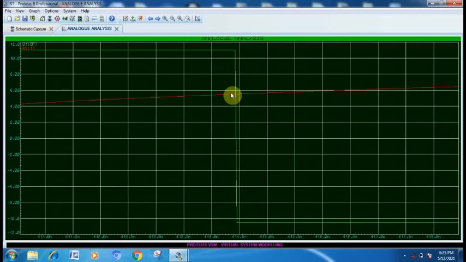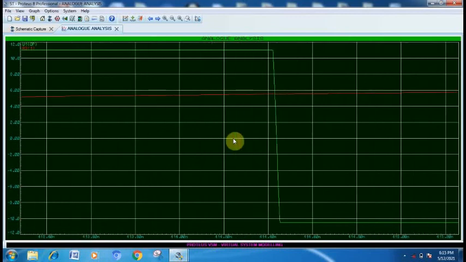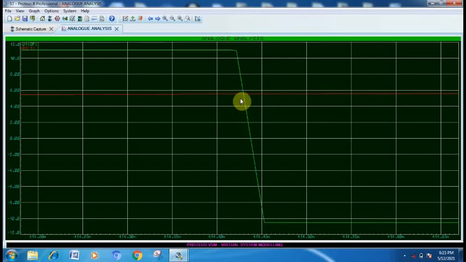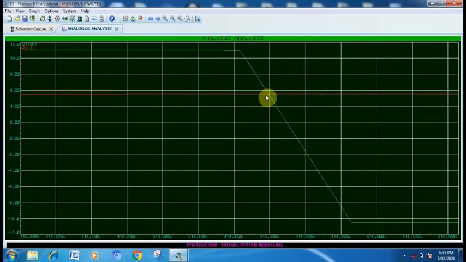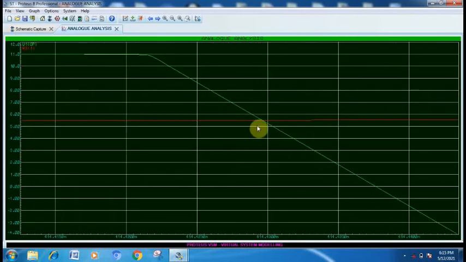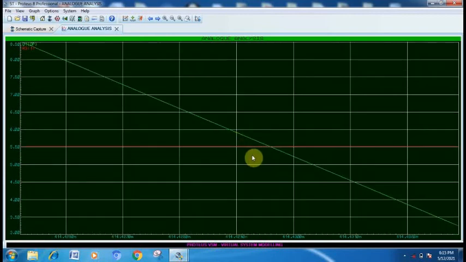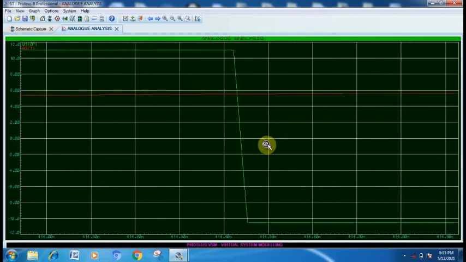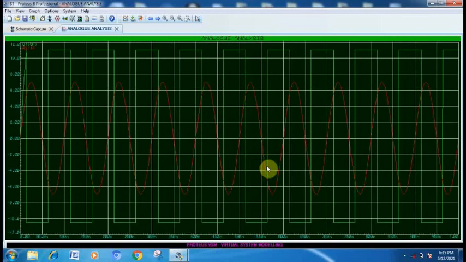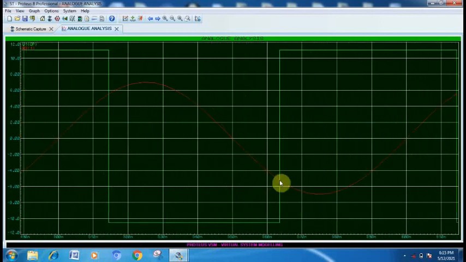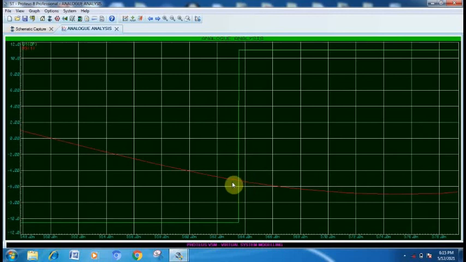I will zoom in to see the UTP point. You can see here it is plus 5.50 volt. For minus, or LTP, it is also something like this, 5.50 volt.